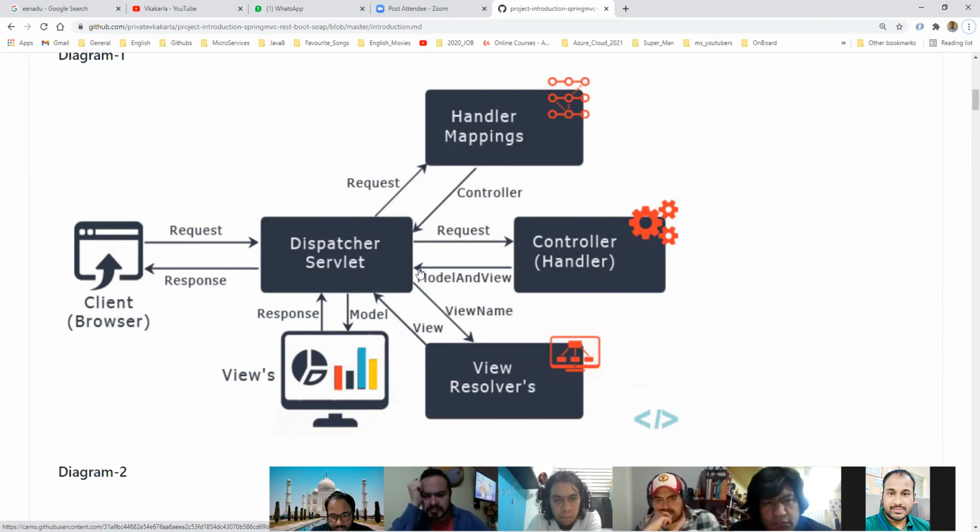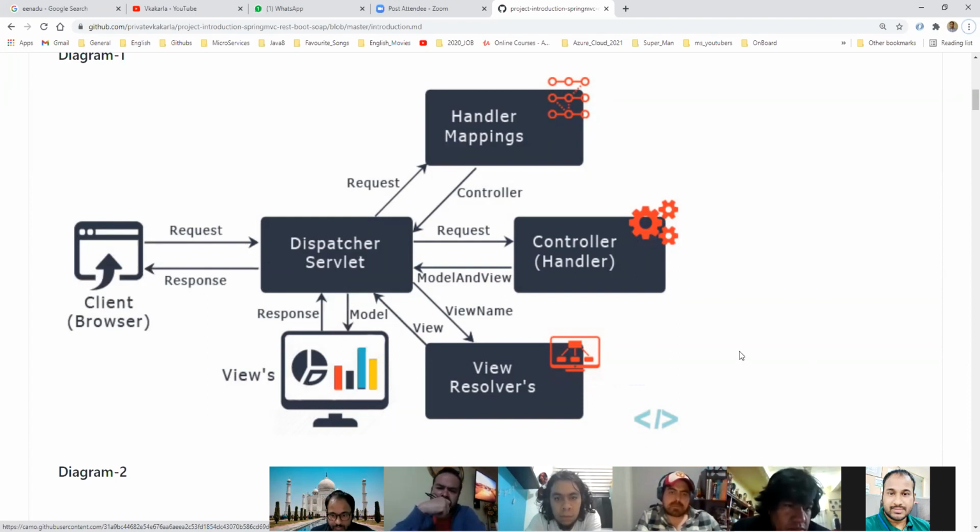Now the view resolver, by taking this model and view object, will send the view and model name to the dispatch servlet. Then one of the JSP pages will be taken, and we will populate the response into it. It will take the model, populate the response in that JSP page, and send that view JSP page as the response to the front end. Like that, the dispatcher servlet works as part of request and response. This is the Spring MVC flow.